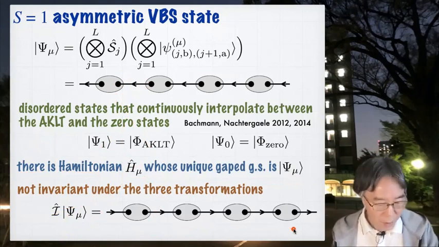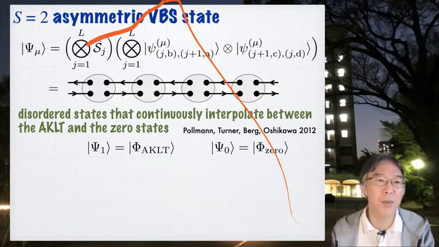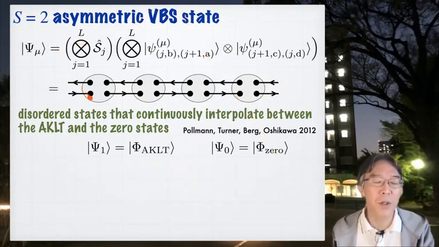Okay. Now that's for spin 1. So let's construct a similar state for spin 2. Now we want to have a spin 2 state. So we have 4 spin 1/2s on each side like this. So this means that we have 2 asymmetric valence bonds connecting 2 neighboring sites. And in this case, I designed the state so that these 2 arrows are pointing in opposite directions. Okay, so this is the definition in terms of equation. This is a graphic